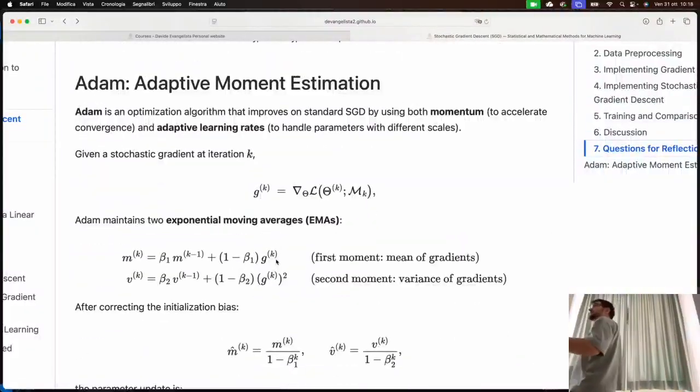Okay, what is the biggest limitation of SGD, or in general of stochastic gradient descent or any other stochastic algorithm working with batches? The biggest issue is that we cannot adaptively change the learning rate. So what we did in our code, as you can see,